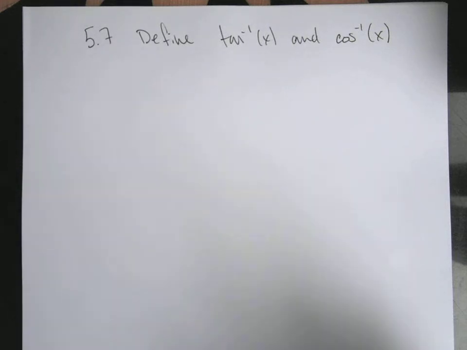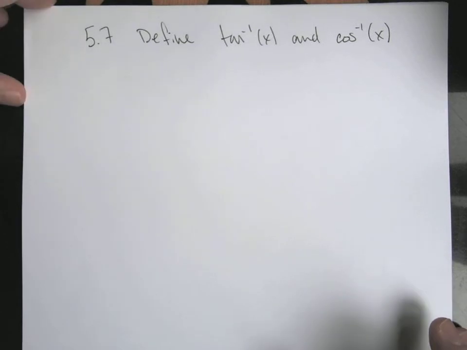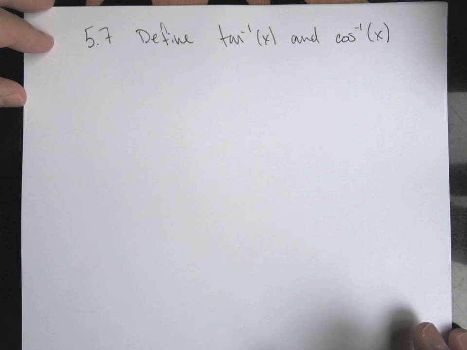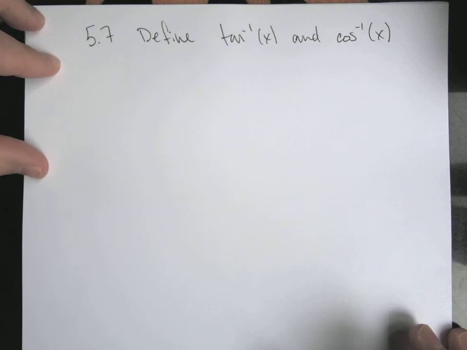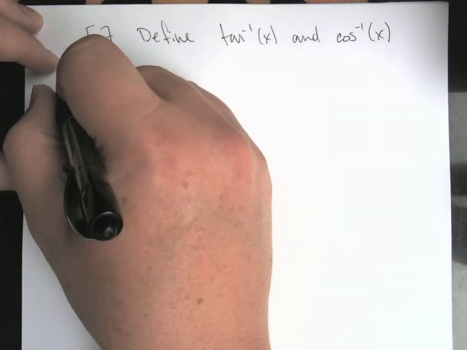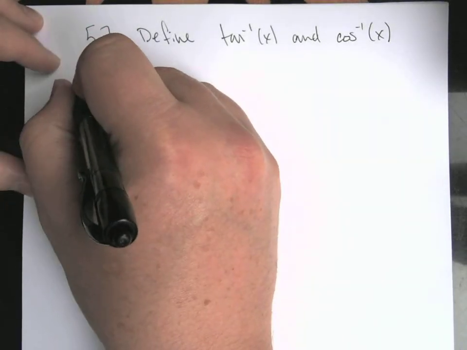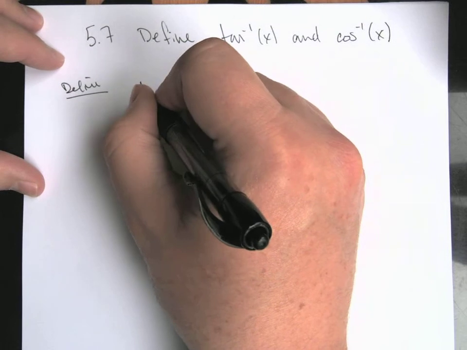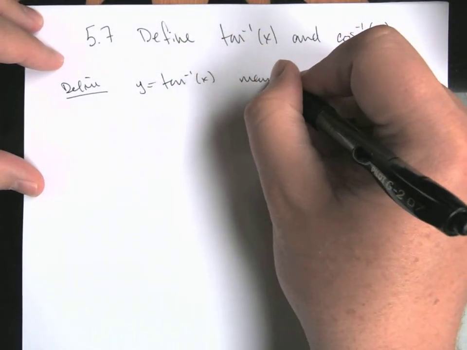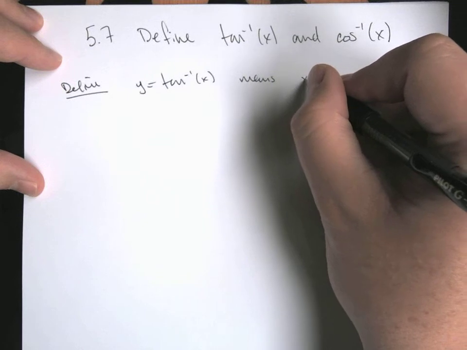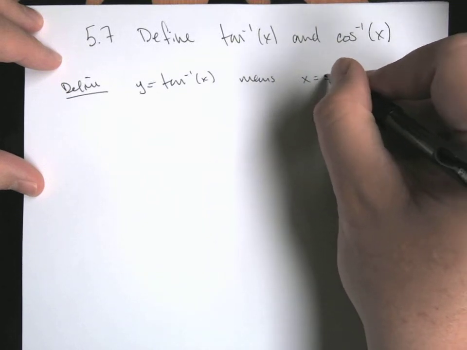All right, so if we defined the sine inverse in a very particular way, the next thing is to do the other two of the big three. So that would be cosine and tangent. Although we're not going to go in that order, I want to do tangent first. So, define y is tangent inverse of x, means that our x value is going to be, whoops, not the sine,